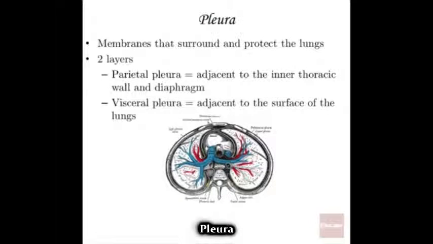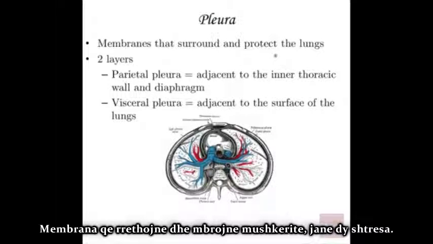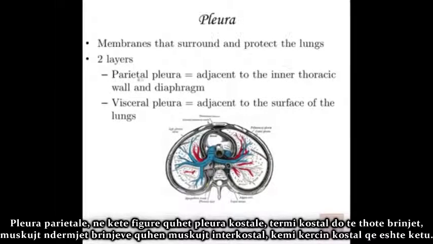Speaking of pleura, like I said, they're the membranes that surround and protect the lungs. It's two layers. So the parietal pleura, on this particular image, they call it the costal pleura, because remember, if you saw the lesson that has to do with the ribs and the axial skeleton, the costal term means ribs. So the muscles between the ribs are called the intercostal muscles. There's costal cartilage, which is right in here. You can use that term too.